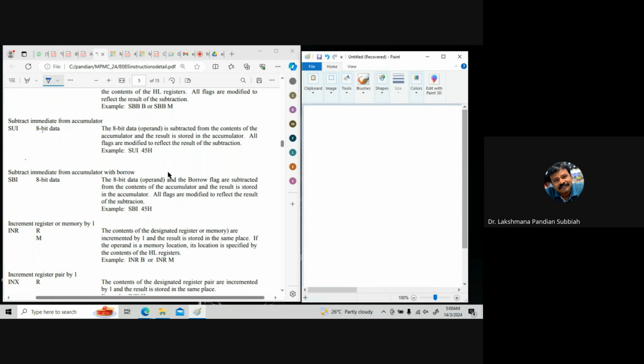Right. Next, subtract immediate, SUI. So SUI is subtract with immediate. SUI 45, right? That is A minus 45. We get the result in A, right? The result in A. So A minus 45 is the result. Okay. Next one,